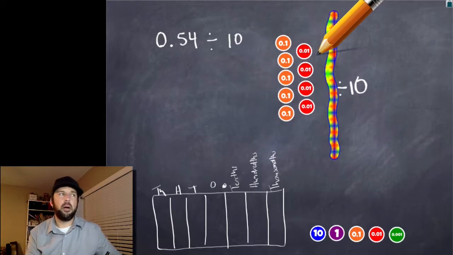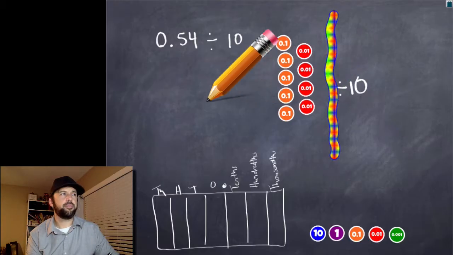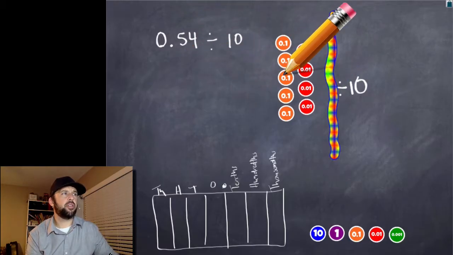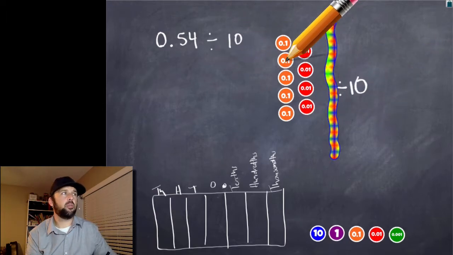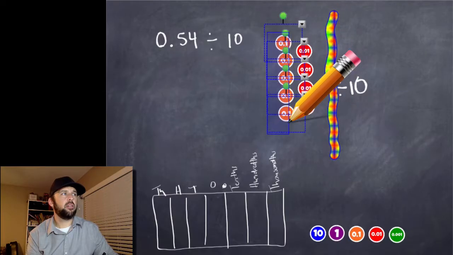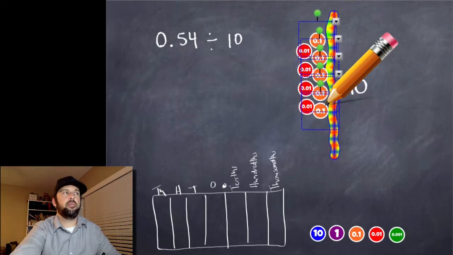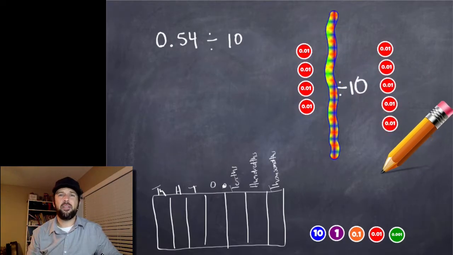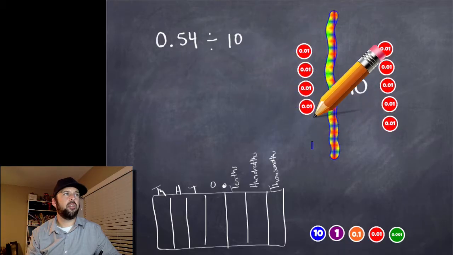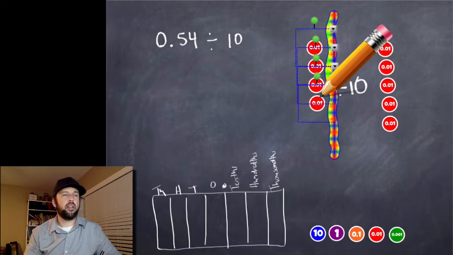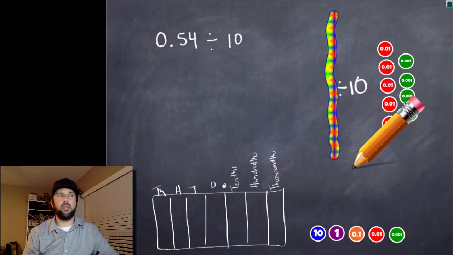All right, so I modeled my number of 54 hundredths, right? It's going to be 5 tenths, 4 hundredths, okay? Easy enough, 5 tenths, 4 hundredths. Now I'm going to divide both of those by 10 to see what we end up with, okay? So I'm going to grab my 5 tenths here, bring it across that magic divide by 10 line, and presto changeo, my 5 tenths have turned into 5 hundredths. I'm going to do the same thing now with my 4 hundredths that I have left over here. We grab them, drag them across that divide by 10 line, and I am left with 4 thousandths now.